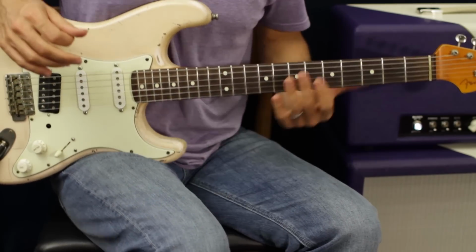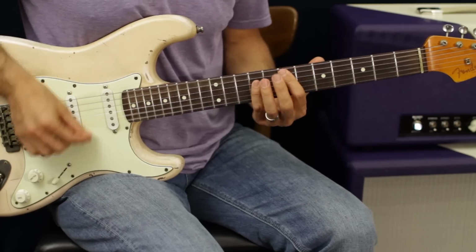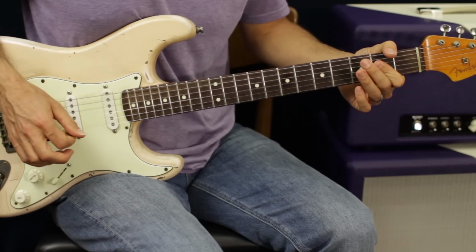Okay, now, once we get into the verse, it's going to do... I do it on an upstroke. And then it's going to do the... Or... So we got...